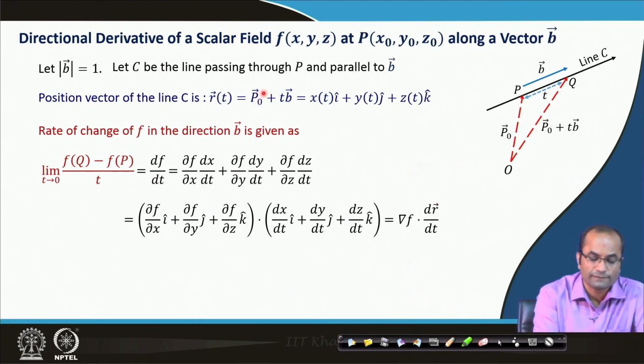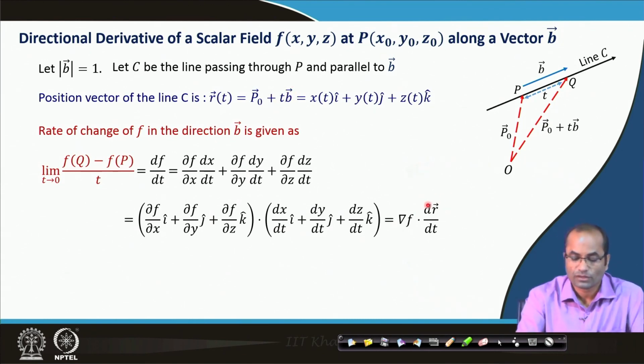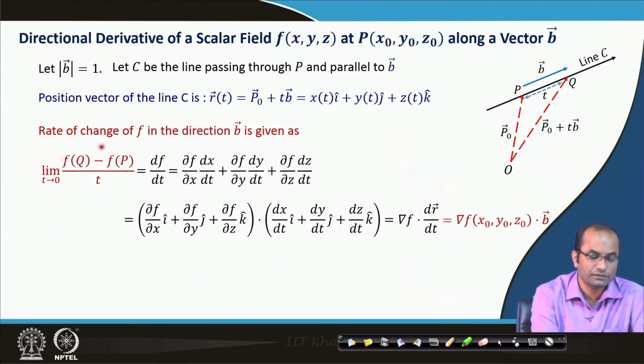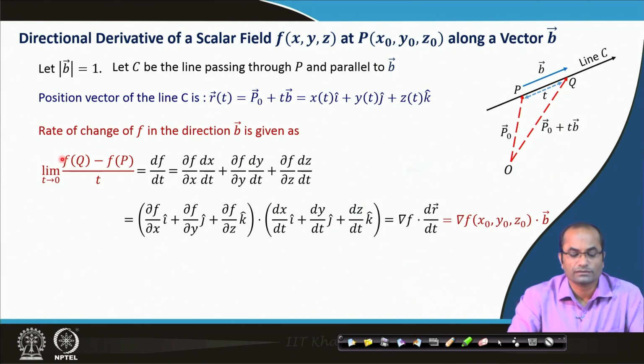But the interesting thing here is that dr over dt is nothing but, if we have r(t) equal to p naught plus t b, then dr over dt is just the vector b, because that is the tangent line at that point. So, the gradient f evaluated at x naught, y naught, z naught multiplied by this b will give us, since b was the unit vector,